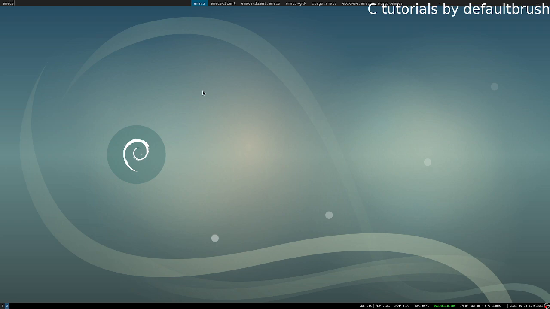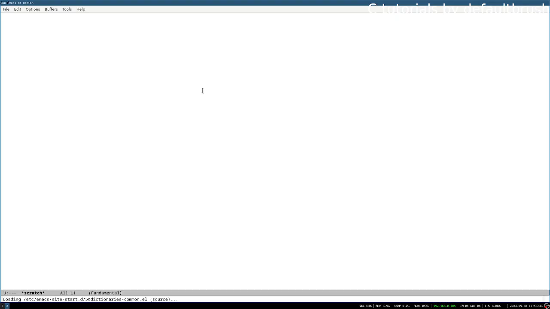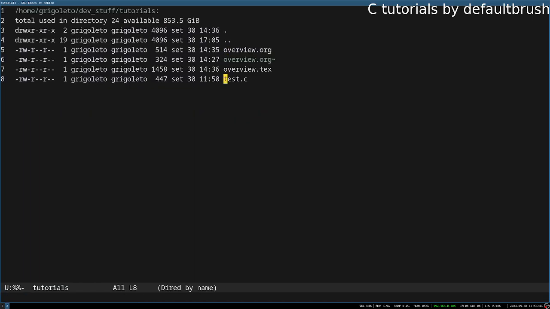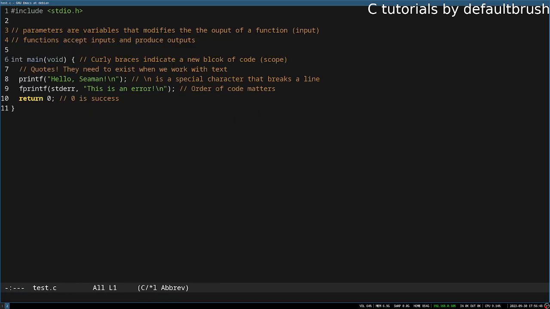This time we are going to learn about if statements. If statements are really important. So let me switch to dev stuff, tutorials. We have here test.c. So we left off with this,